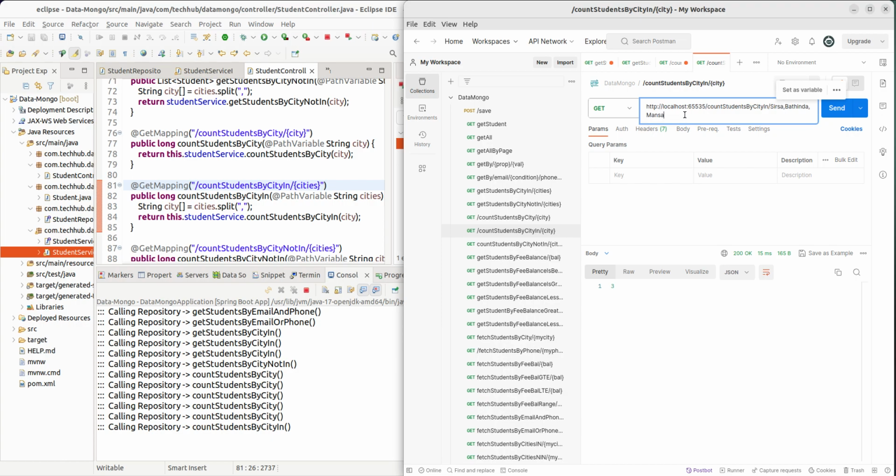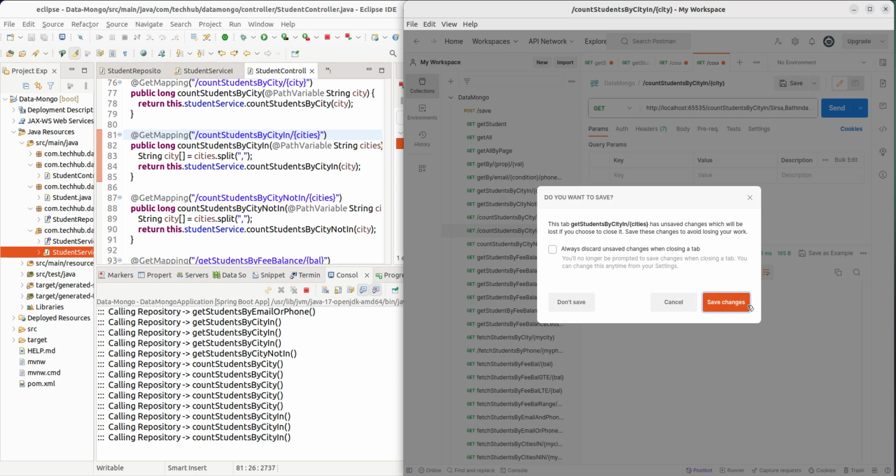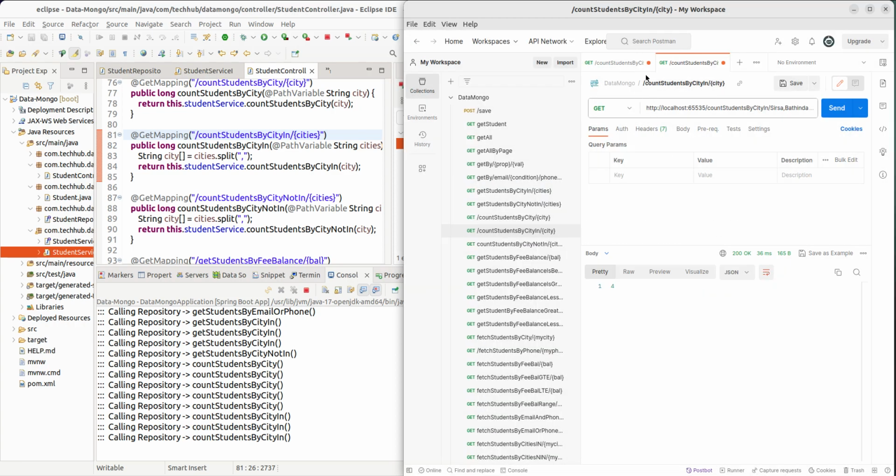If I add here 1 more like Karnal, so 1 more will come. Okay, so you observe the console also. If you see the console, it is getting count student by city in, more than 1. Okay. That's it. Next is save changes. Yes, next is